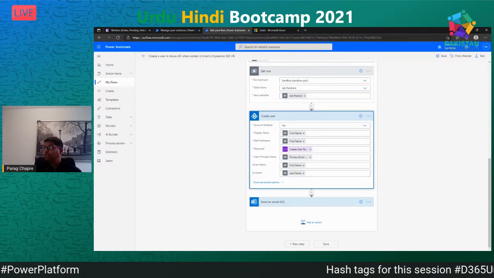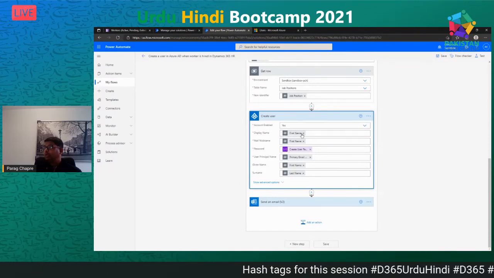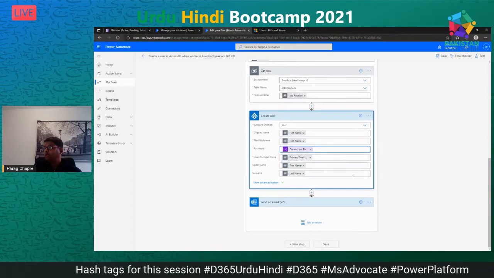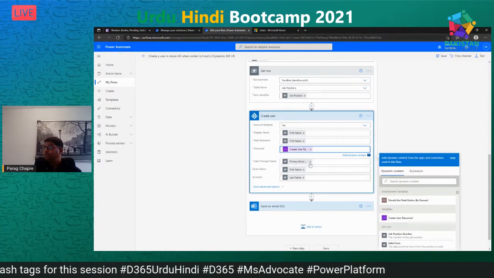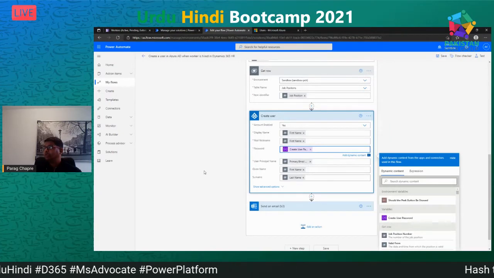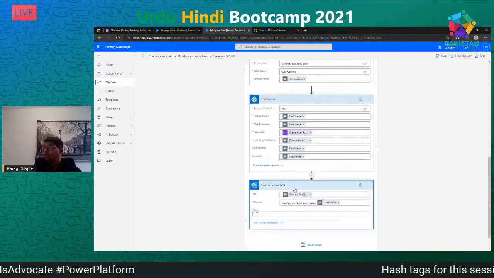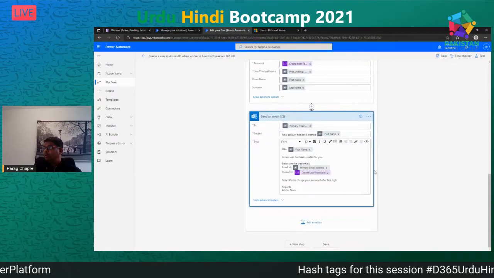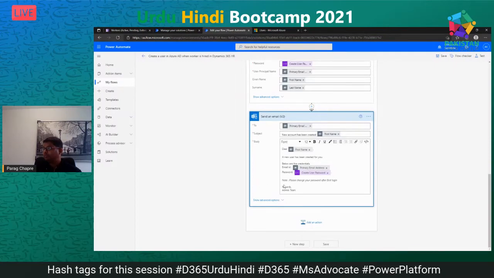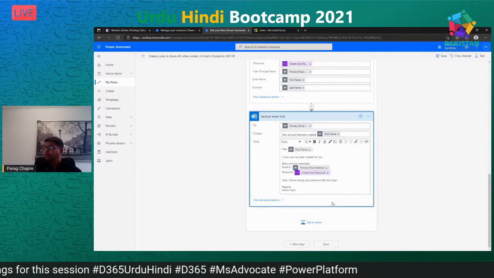So you can see here it's first name, then it will provide the password here. In user principal name, it is taking the primary email address and given name and the last name. And once this is okay, then it will trigger an email to the user saying that a new user has been created for you. So this is our Power Automate.